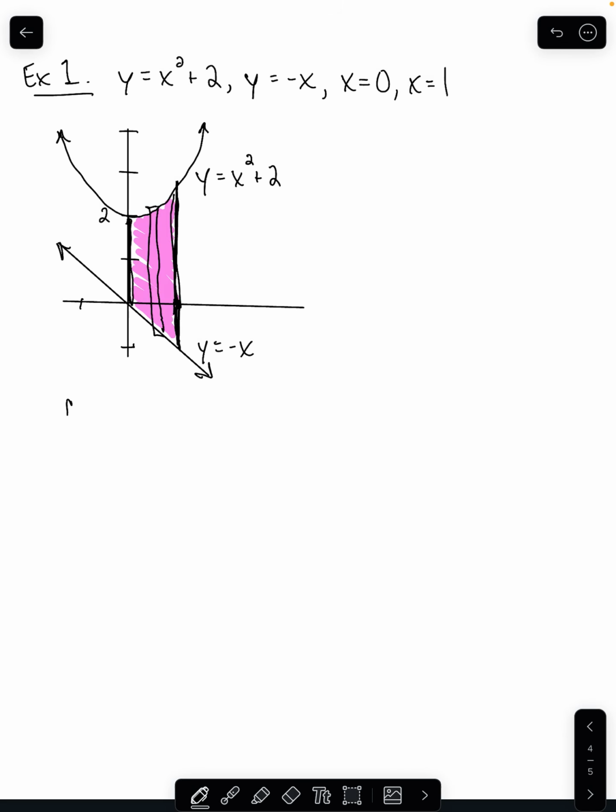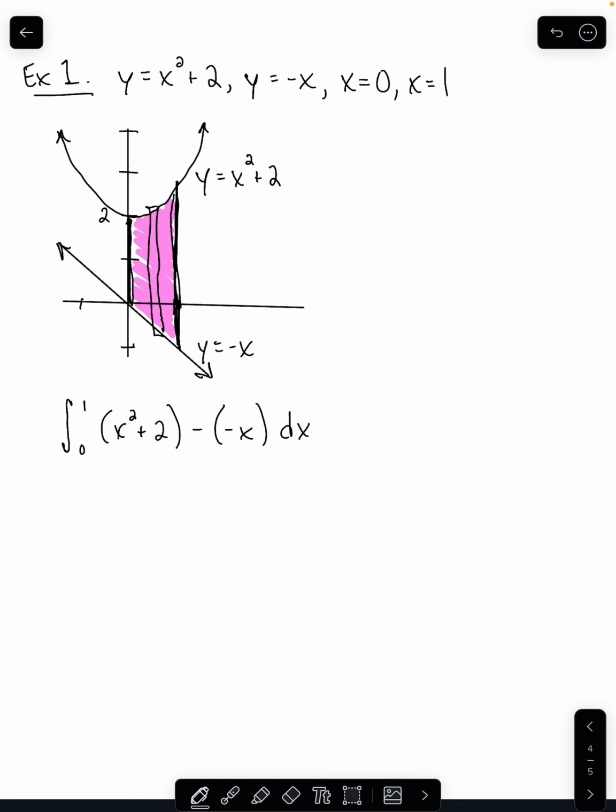Thus, the integral here would be from x equals 0 to x equals 1 of the parabola x squared plus 2